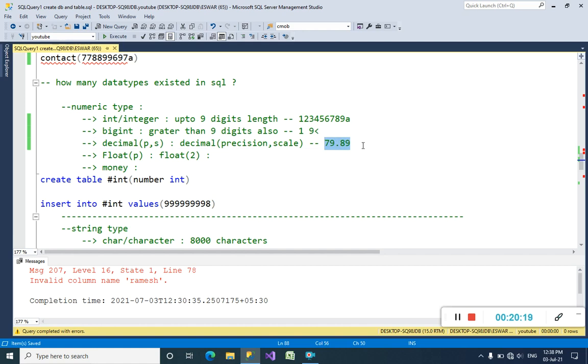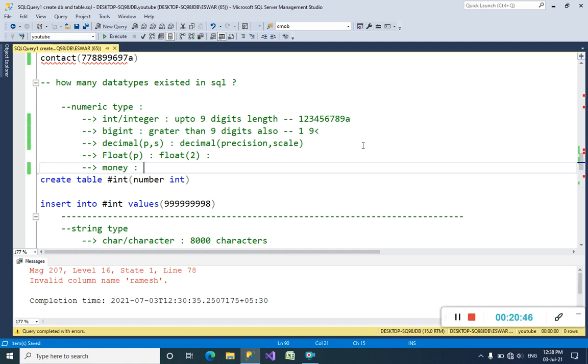How can we declare decimal? Everything I will show you right now, or after, by creating a table and inserting values. Float, I don't want to tell you about right now, guys. I will tell you later.